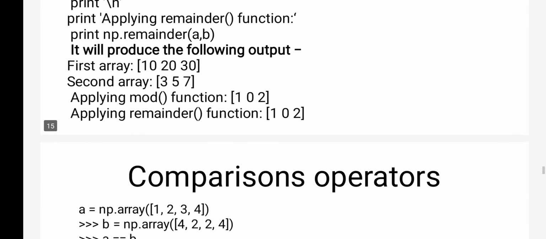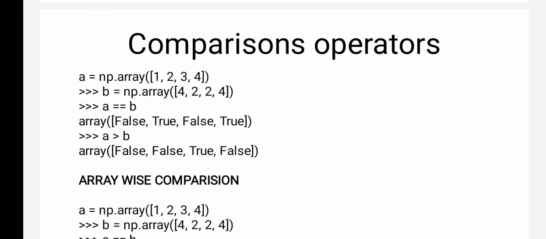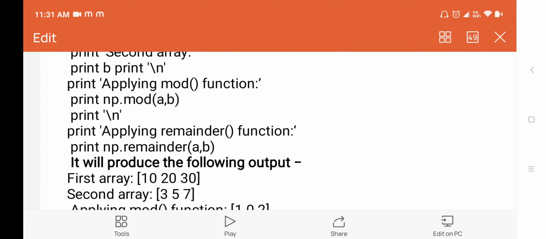Okay, now comparison operators. So actually what is a comparison operator? Before going to the comparison operators, I will give you a few more mathematical functions: square root, which I have already given, mean, median, standard deviation, unique, sort. All these mathematical functions you can perform on arrays.